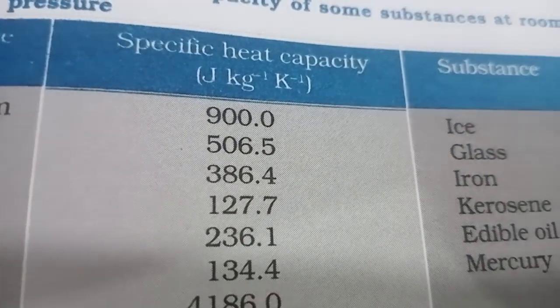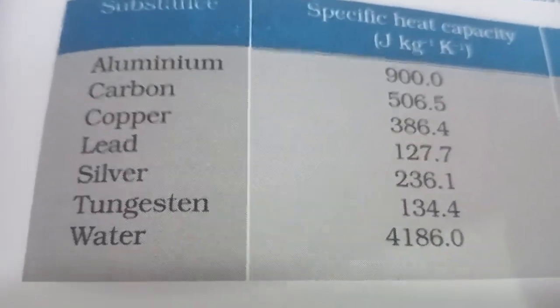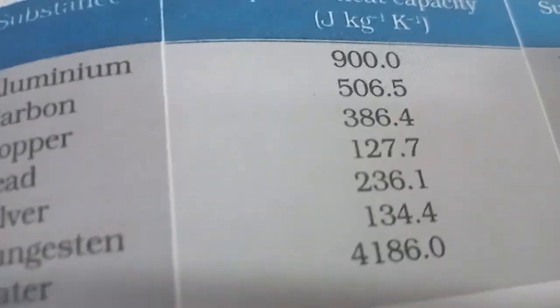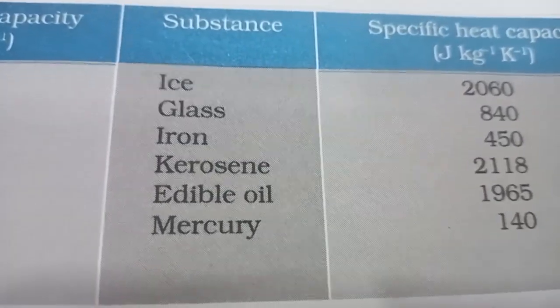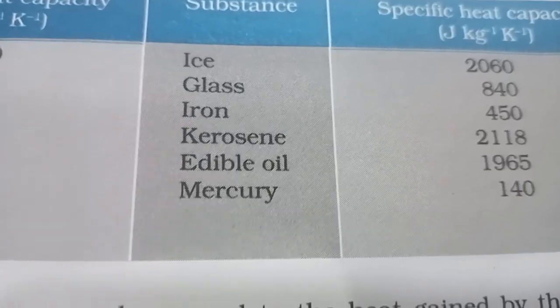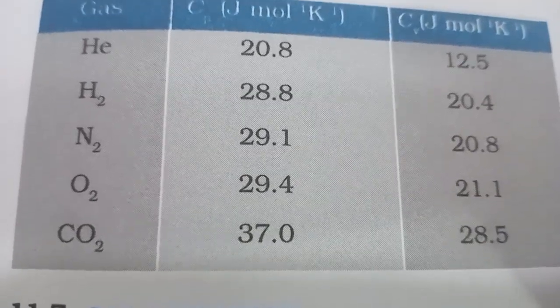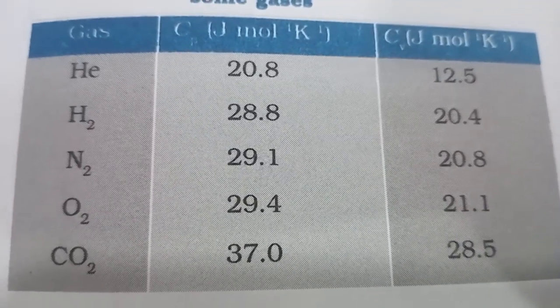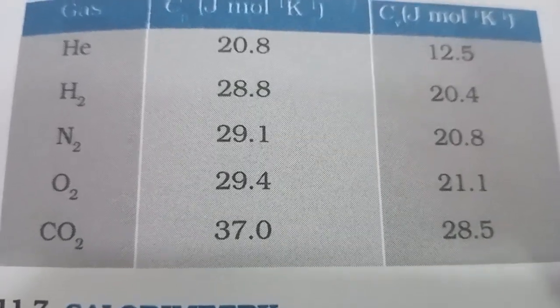Aluminium specific heat capacity 900 joule per kg per Kelvin. फिर से सब्सटेंस, दूसरे सब्सटेंसेस हैं, ये सारी मेटल्स हैं, कार्बन, कॉपर, लेड, सिल्वर, टंगस्टन, वाटर। तो वाटर की स्पेसिफिक हीट को आप कंपेयर करो मेटल से, वाटर की स्पेसिफिक हीट बहुत ज़्यादा है। मतलब समझ गए ना आप लोग, 1 डिग्री सेंटीग्रेड टेम्परेचर बढ़ाने के लिए जितनी हीट देनी पड़ती है, तो इतनी ज़्यादा हीट दोगे तब वो 1 डिग्री टेम्परेचर बढ़ाएगा। इसको स्पेसिफिक हीट कैपेसिटी बोलते हैं। आइस की देखो, ग्लास, आयरन, केरोसिन, एडिबल ऑयल, मरकरी, है ना, मरकरी की कितनी कम है। फिर ये दिए गए हैं आपको Cp और Cv की वैल्यू। हीलियम, हाइड्रोजन, नाइट्रोजन, ऑक्सीजन, कार्बन डाइऑक्साइड, Cp की वैल्यू 20.8 जूल पर मोल पर केल्विन और Cv की वैल्यू 12.5 जूल पर मोल पर केल्विन। ओके।